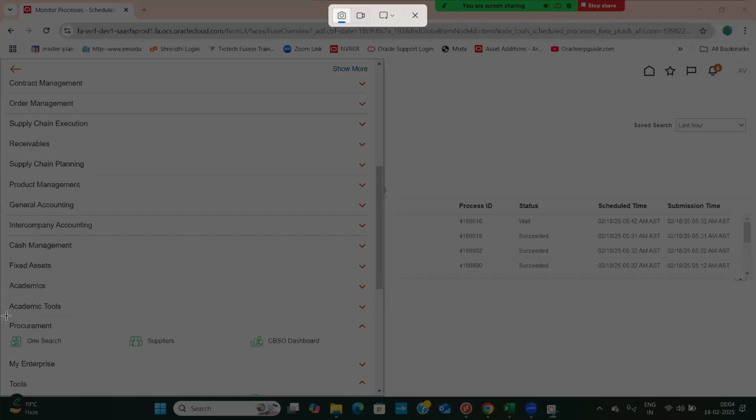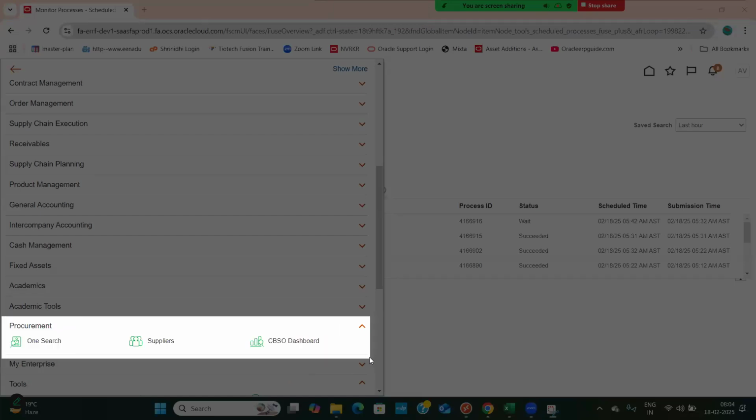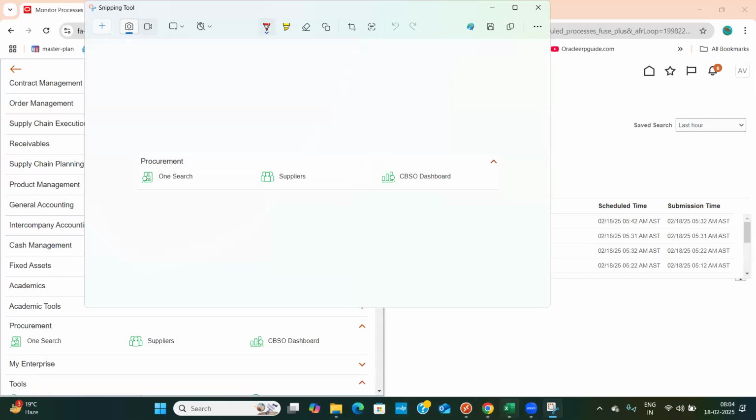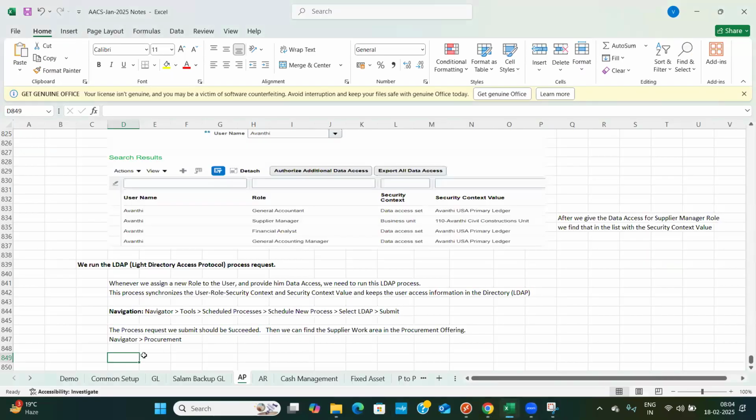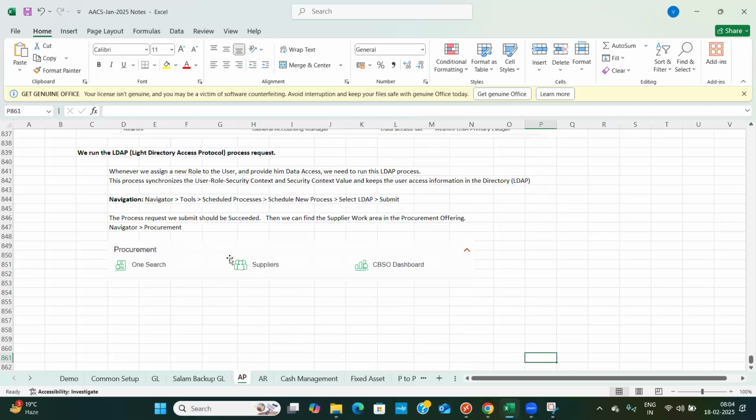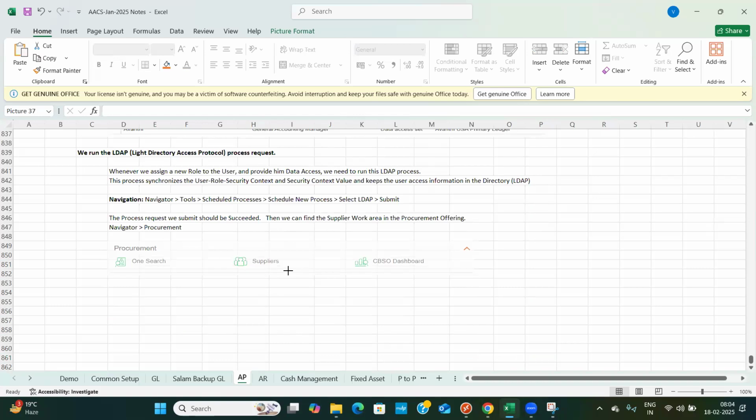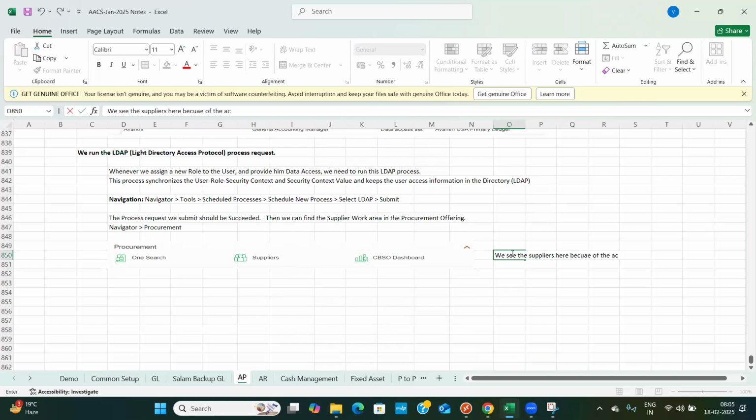Before that it was not there. The supplier part of it will not come there. Only the dashboard suppliers can be created now. The access is given for the supplier creation. We see the suppliers here because of the access given to the user for the supplier manager role